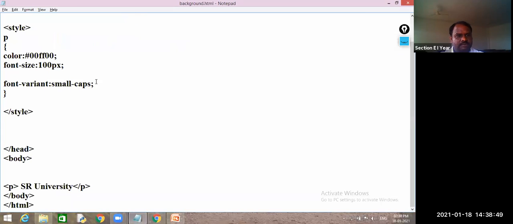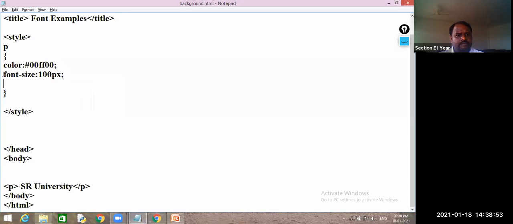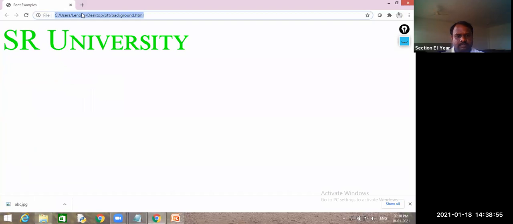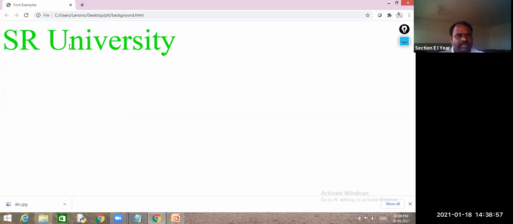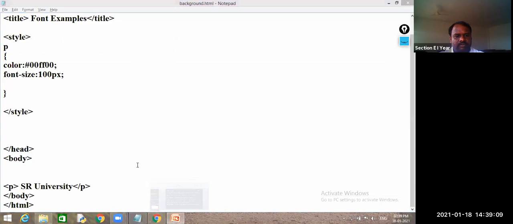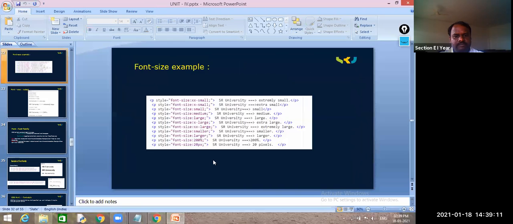I will change the small caps also. When you go for this one, it has some thickness. If you want to increase or decrease the thickness of your characters, then you go for this attribute, font weight.